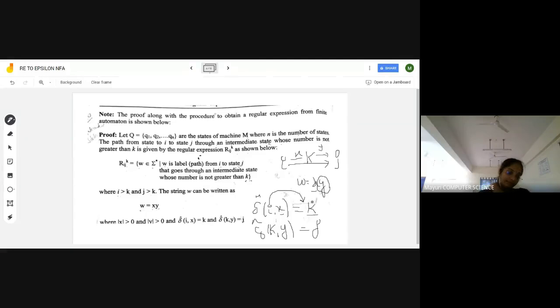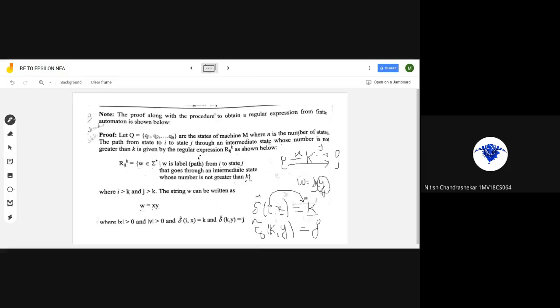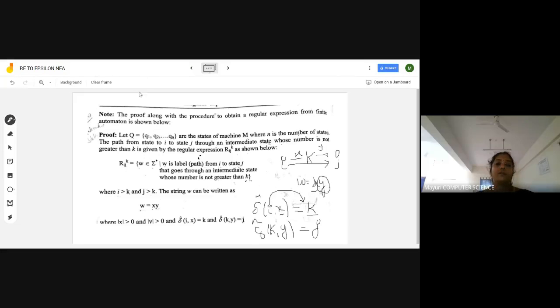Understood? Yes, ma'am. Fine. So this is the proof. If you understood the proof properly, you can write it in your own way. You don't need to memorize it exactly, but I am putting more stress on the theorems, because you will be lagging in writing the theorems. You don't expect that in automata only problems will always be asked. Last time, nearly 3 to 4 theorems were asked, so there were a lot of failures. So parallelly give importance to theorems also, along with problem solving.